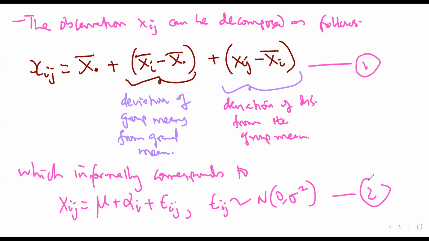And we're assuming that the noise has mean 0 and constant variance. Okay. Then we say that equation 2,